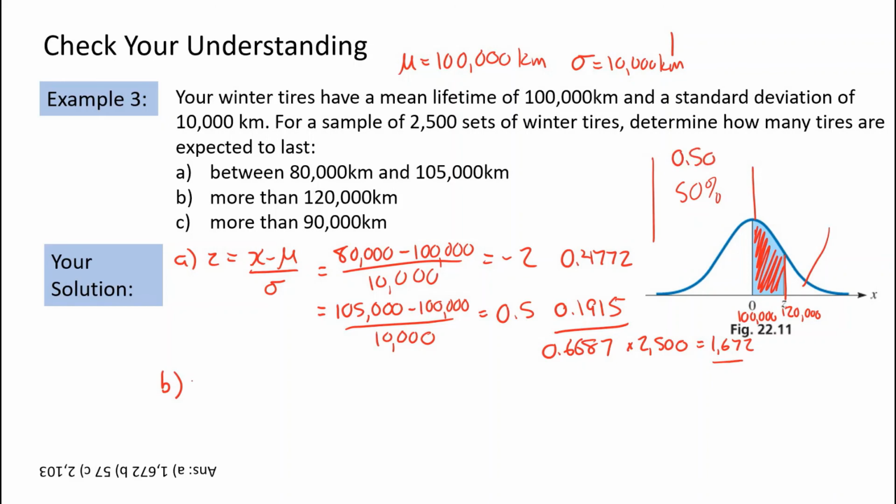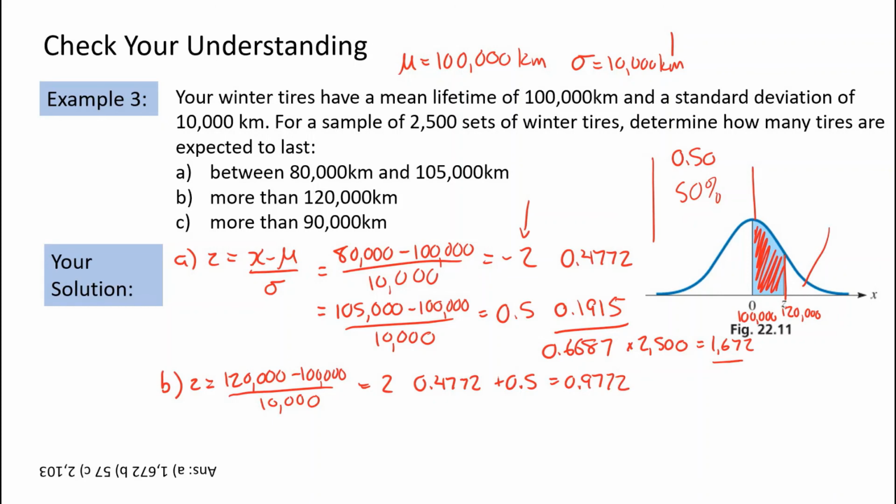So starting with our Z-score, we have Z is equal to 120,000 minus 100,000 divided by 10,000. So that gives us positive 2. And again, we can go back to our table to look, but from our previous example, we had a negative 2 here. And again, it doesn't matter if it's negative or positive. So our value is 0.4772. Now remember, that's just for the spot to the right of the mean, because 120,000 is to the right of it. So we have to add everything from the left. So we add the 0.5, and we get